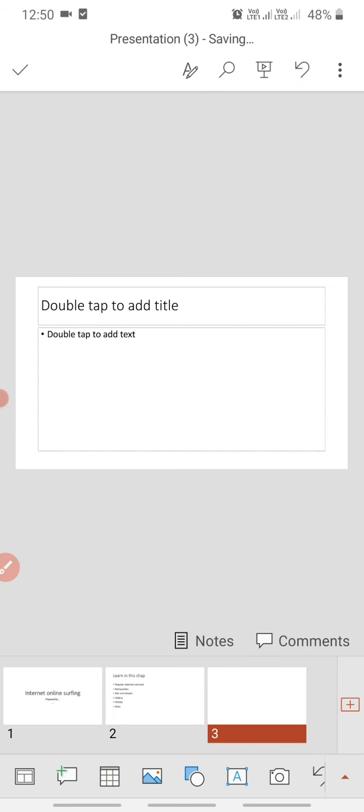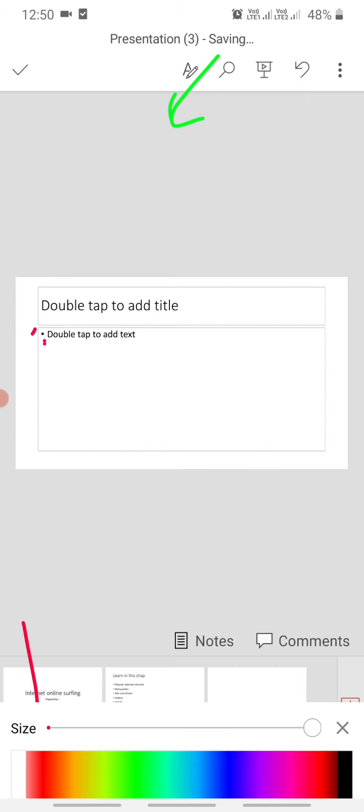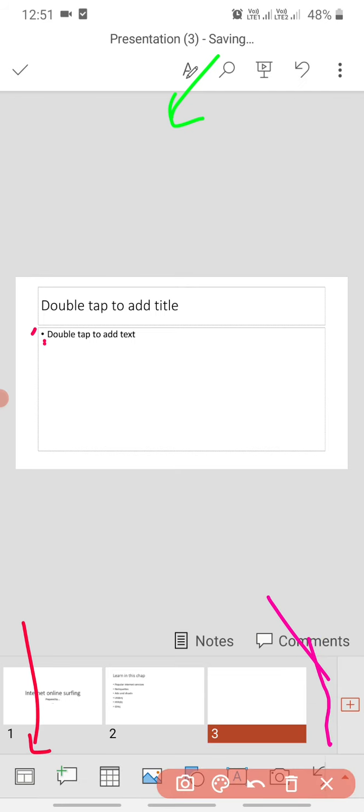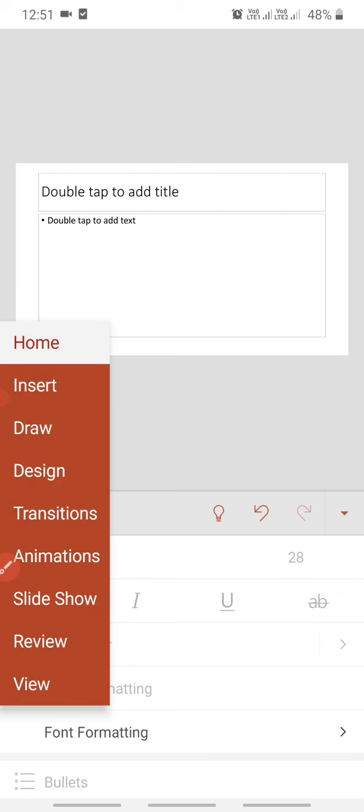If you want to add a picture, I'll click on the small arrow head, right side corner you will see a small arrow head like you see in your Word presentations. Here also, down here you will get home button. As you click on the arrowhead, you will get the home button. From home button you have various options: home, insert, draw, design, transition, animation, slideshow, review, view. Okay, so whatever is your requirement.